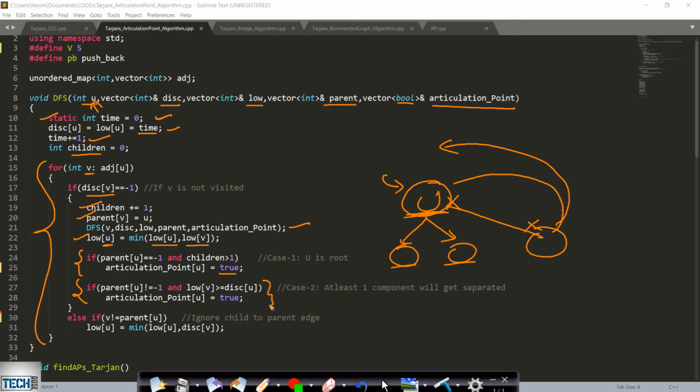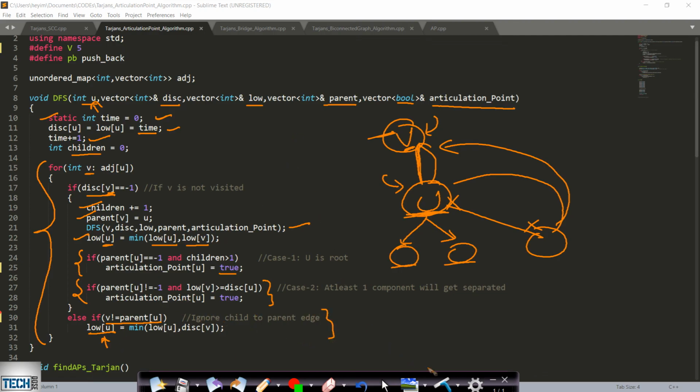Okay, so this also I have already explained. And if this node v is already visited, then this indicates that v must be an ancestor of u. As I said earlier, this v should not be the parent of u, because we will not be taking the immediate edges, since whenever we are calculating for any node, that node is assumed to be removed. So if you just take the parent edge, it will not be beneficial in order to find articulation points. So we will be ignoring the edge to the parent, and if it is not the parent, then obviously this will be an ancestor, and then we will be updating the low values. These reasons I have already explained in the theory part.